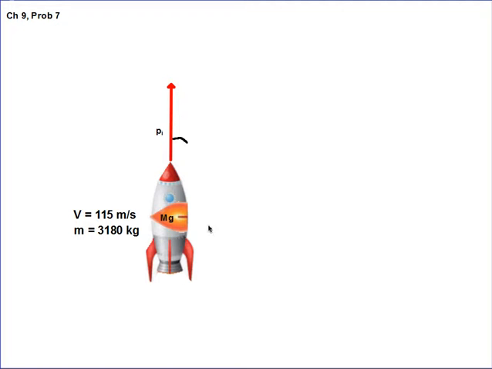I'm going to think of it as a separate body here, and instead of considering the entire mass being 3180 kilograms, I'm going to say the mass of the gas inside the rocket that's going to eventually be ejected is m sub g, and the mass of the rocket that's going to end up being deflected is 3180 minus the mass of the gas. We don't know how much gas is going to be ejected. They told us that it's going to be ejected at a certain speed. I believe they told us that the velocity of the gas is going to come out at 1750 meters per